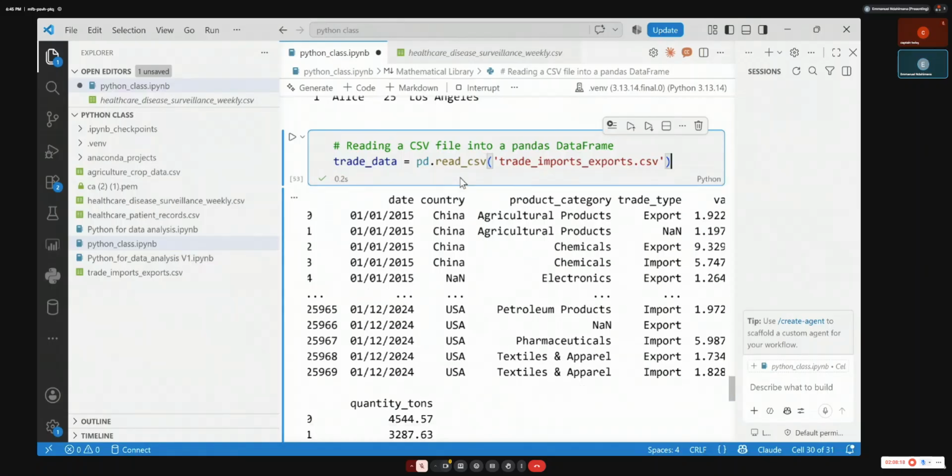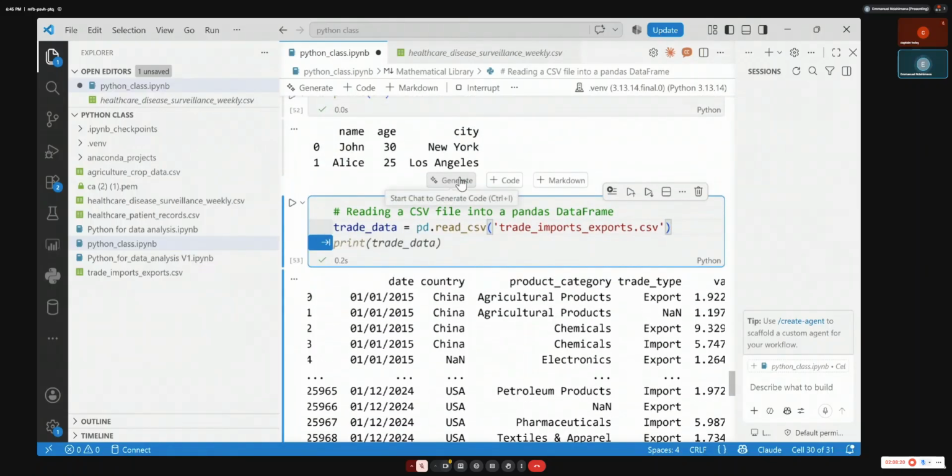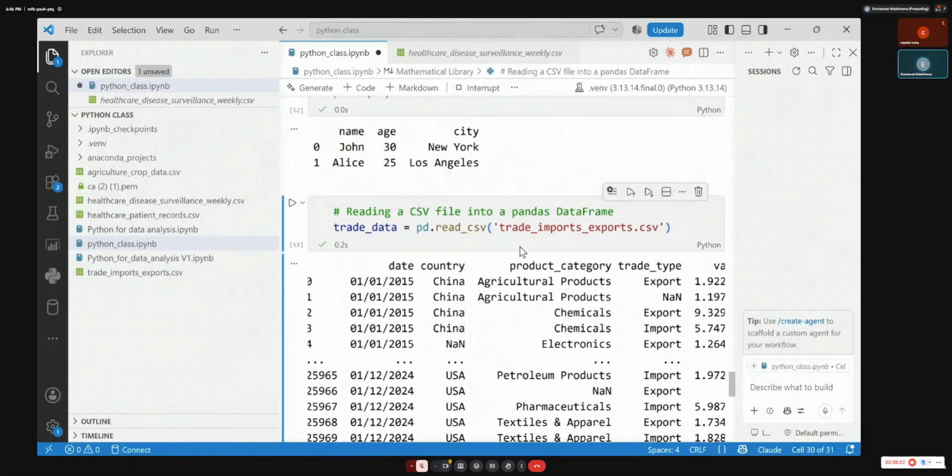But now that we have read our table, what if you need to see the first top records? You have read the data from Excel or from CSV in Python using pandas, but you need to see just the top first rows, a few of them, to see how your table looks like.